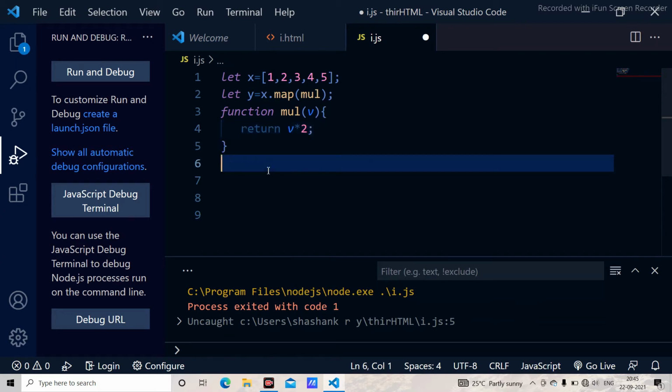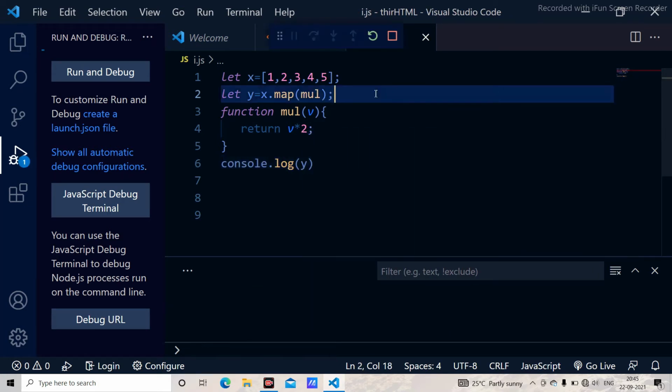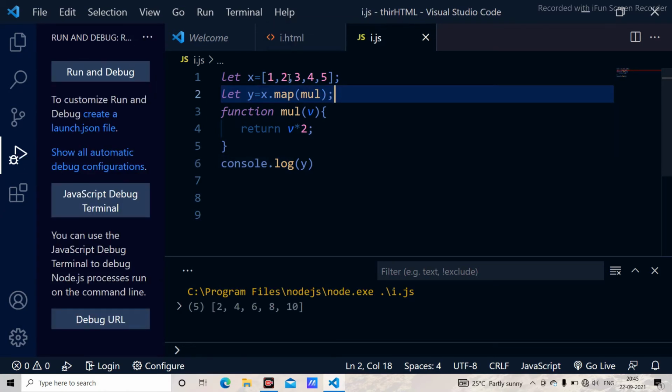When I just use console.log and here I use y, it is returning me the whole array, which is multiplied with each element of this.